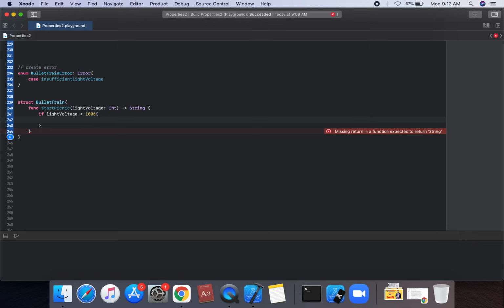In this function, if you want to throw an error, then you use the throw keyword before the return statement. The function is declared with the throws keyword, and BulletTrain is the function name.